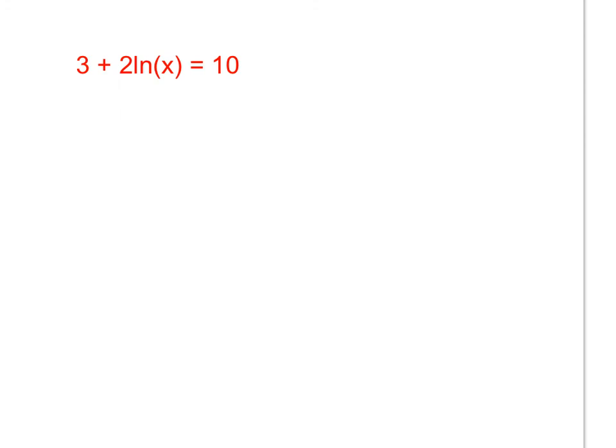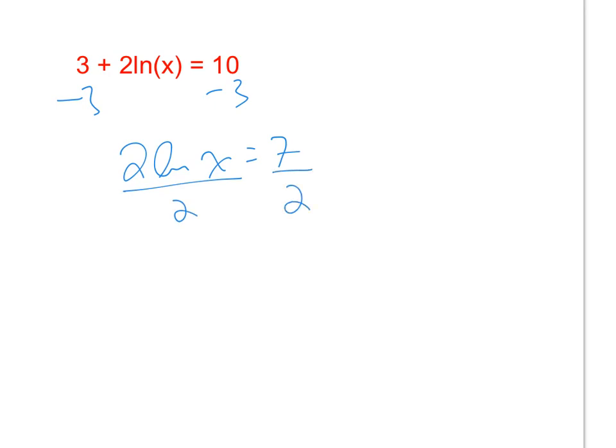Well, one more here. Okay, I got 3 plus 2 ln x is equal to 10. Notice that my logarithmic expression is not solved for yet, so I'm going to start by subtracting 3 from both sides. So I have 2 ln x is equal to 7. I'm going to divide both sides by 2. So I have ln x is equal to 7/2. I'm going to exponentiate: e to the 7/2 power